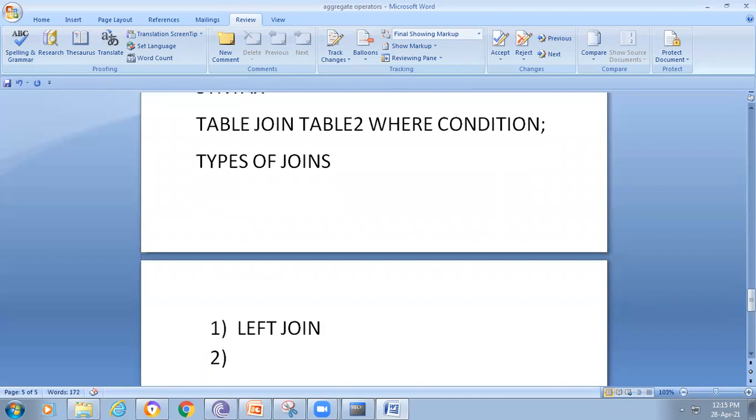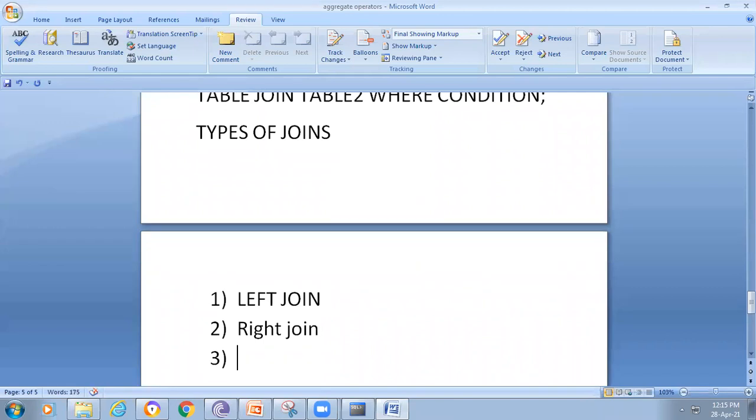The second one is right join. Next, full join.